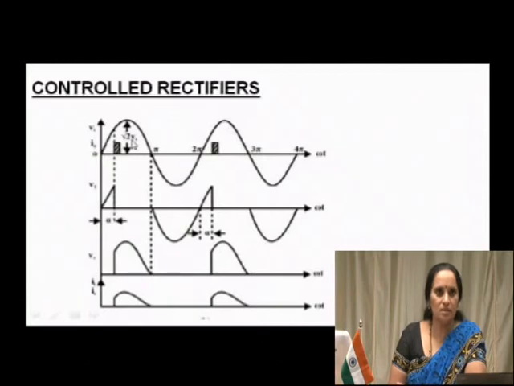Whenever you get this question, you have to put your input AC waveform, that is very simple, after which you can overlap this, or maybe in another waveform you can show the gate trigger only in the positive half. Please see, only in the positive half cycle you give a trigger. Then next you may show the voltage across the thyristor, then you must show the voltage waveform across the load and the current waveform across the load. Voltage and current waveforms across the load are in phase because it is a resistive load which I have considered.